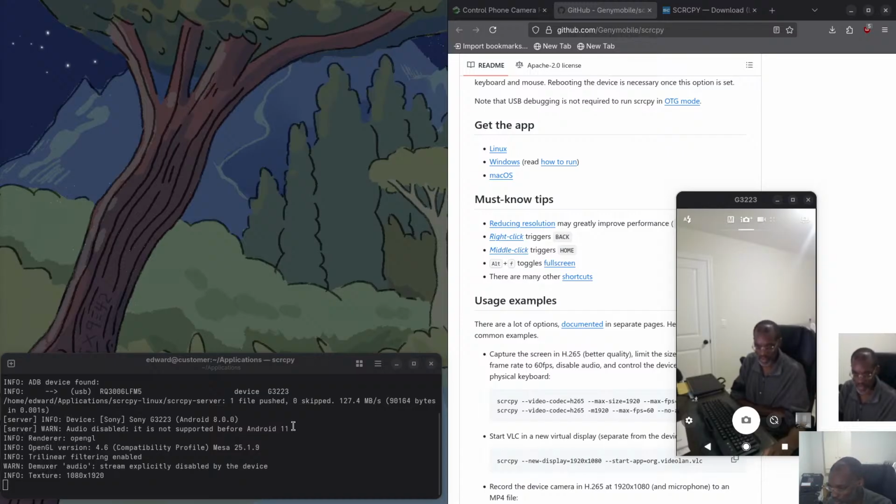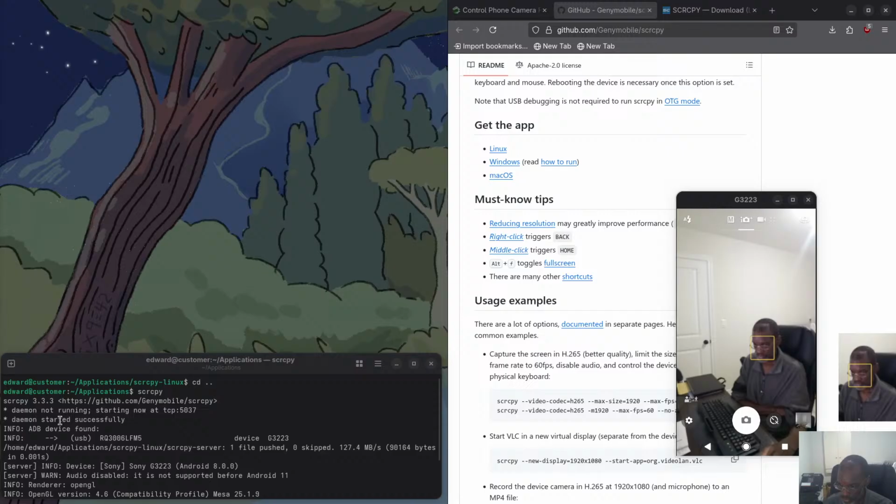It's not supported before Android 11, or this Android 8. And then surprisingly, it's working extremely well. Maybe because I haven't tested this since with this new system. I was using the old workstation and it never worked very, very well. But it's actually working pretty, not too shabby. So, as I said, that's one way to use